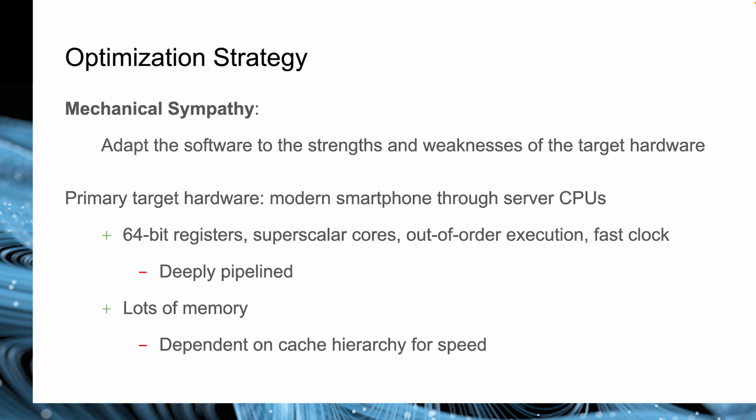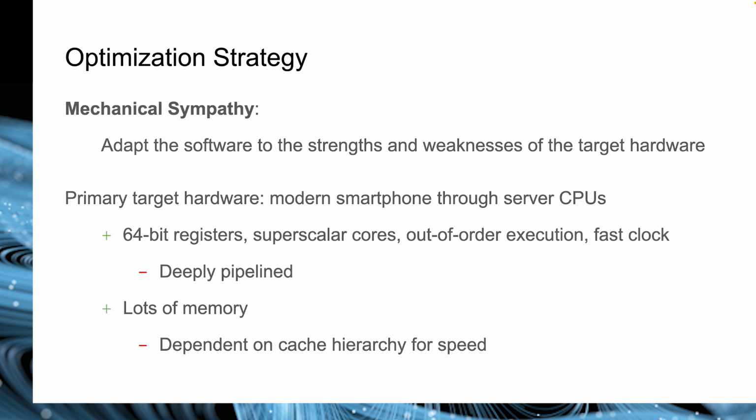But if we want to be informed by an understanding of CPU hardware in our software optimization effort here, we first need to get a little bit more precise about what kind of hardware we're targeting, because zlib runs on essentially everything from microcontrollers through mainframes. Fortunately for the zlib-rs project, the primary focus seemed to be what I would call modern smartphones through scale-out server CPUs. That is, 64-bit ALUs, usually superscalar, meaning that a single hardware thread on a single CPU core can run multiple instructions at once under ideal circumstances,